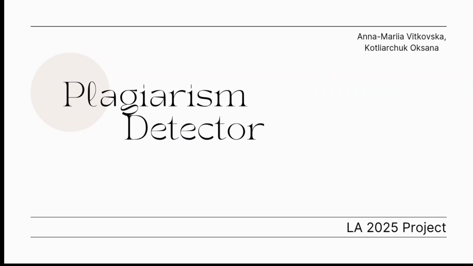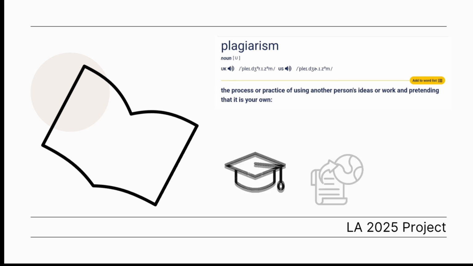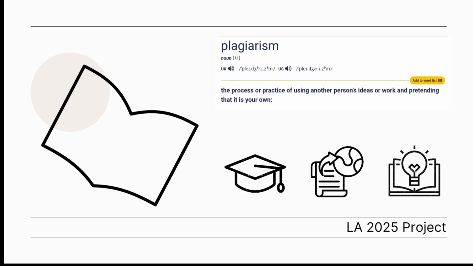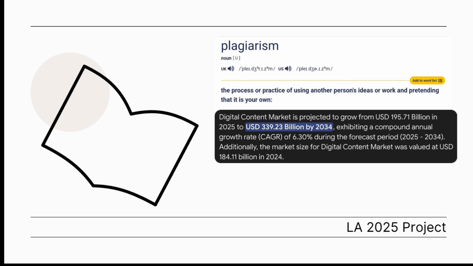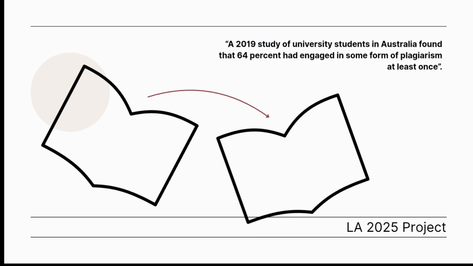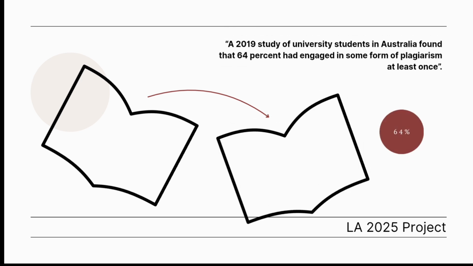Our project investigates the development of an advanced plagiarism detection system with the help of latent semantic analysis. Plagiarism detection has become increasingly critical in academic, publishing, and educational contexts as digital content proliferates, making unauthorized text reuse much more prevalent. A 2019 study of university students in Australia found that 64% had engaged in some form of